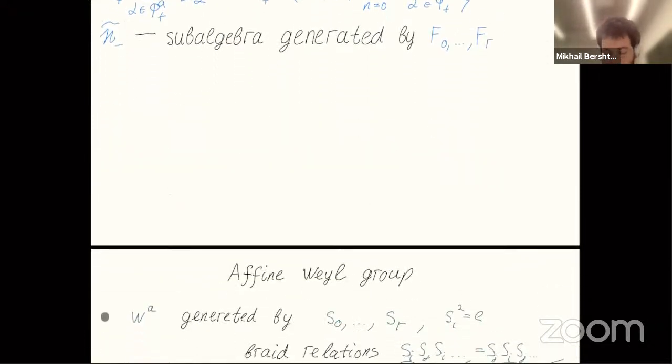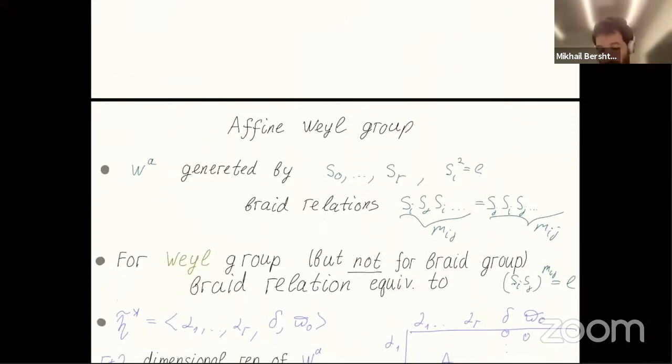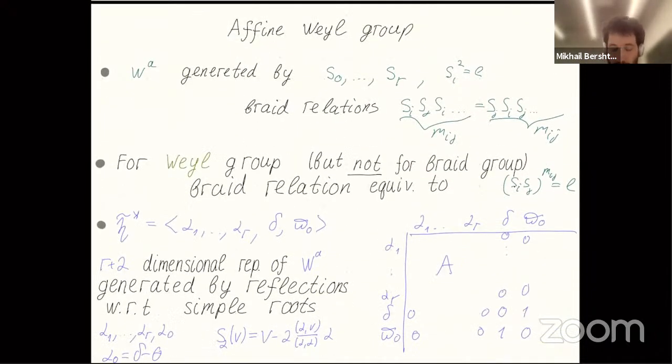And the next subject is the affine Weyl group, and this is where we actually stopped last time. The affine Weyl group is first defined as usual as the group generated by reflections corresponding to simple roots. Now we have an additional affine simple root alpha 0. So it will be the group generated, not the ordinary Weyl group generated by s1 through sR, but also one more generator s0 with similar braid relations.